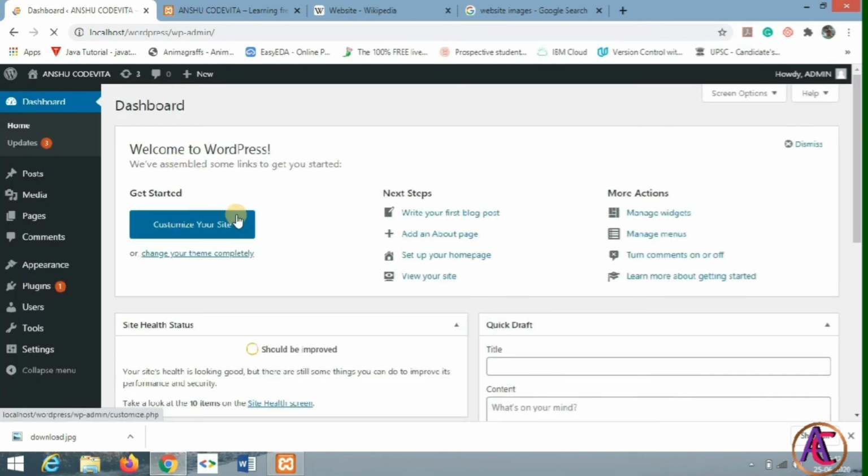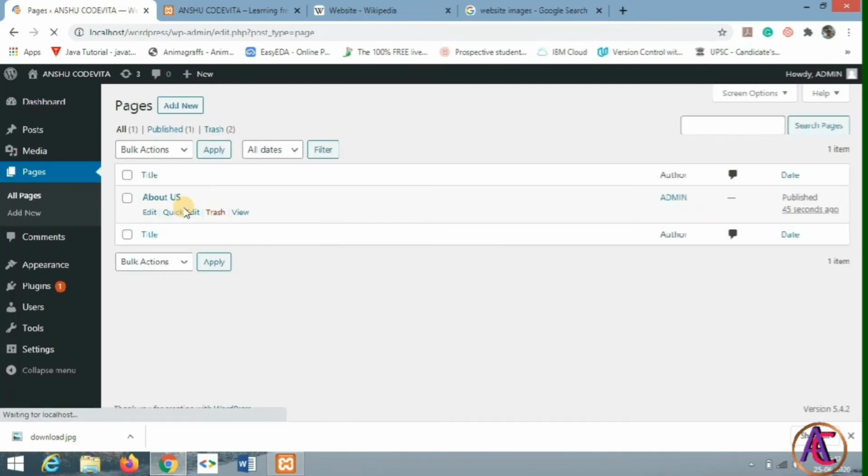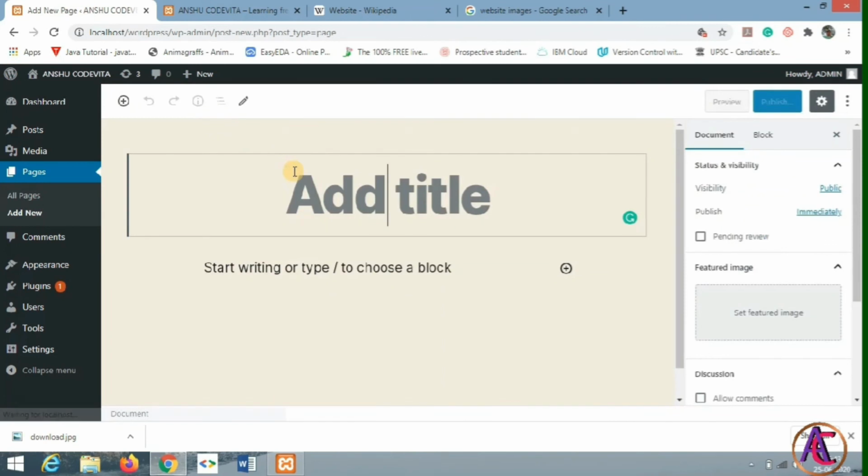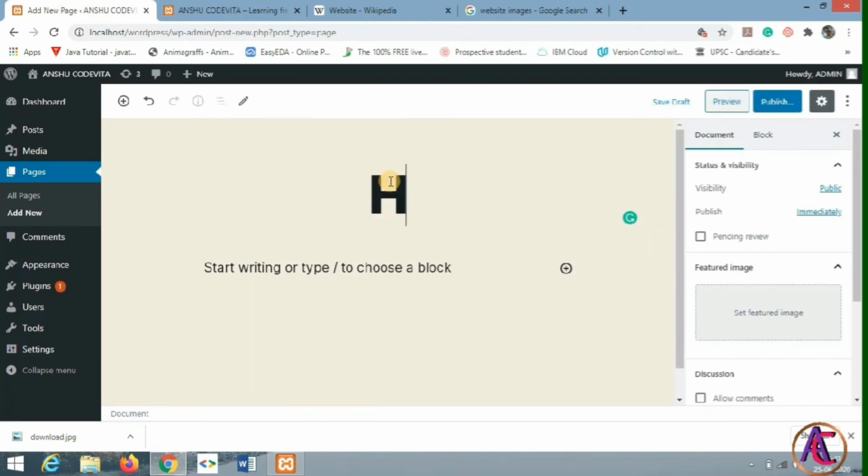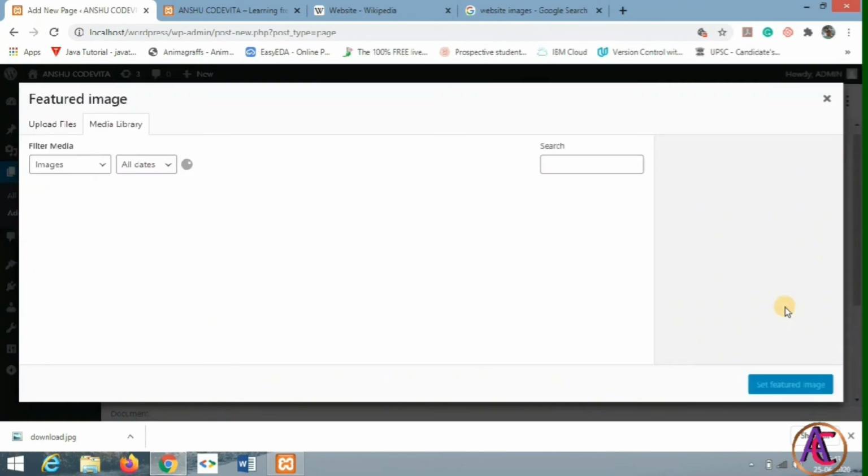and I can create one more new page. So go on pages, we can create many pages if we want. So go on add new and create a new page, named Home, and I did not type any text on it, and I am giving some image on it.